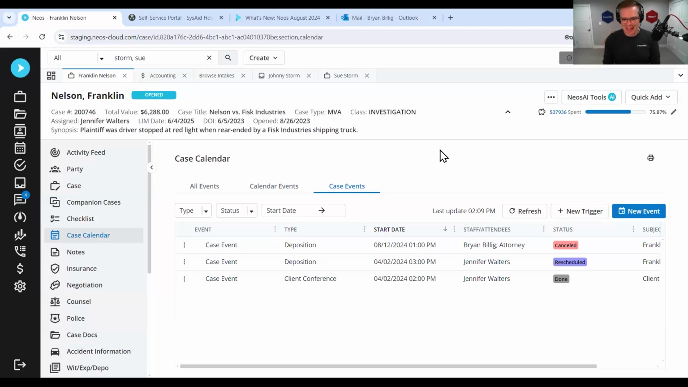It is not currently in your calendar. It is not something where you have to be there at a particular time. So why do we have case events? I call them an archive, a place where you can store records of events that are no longer on your